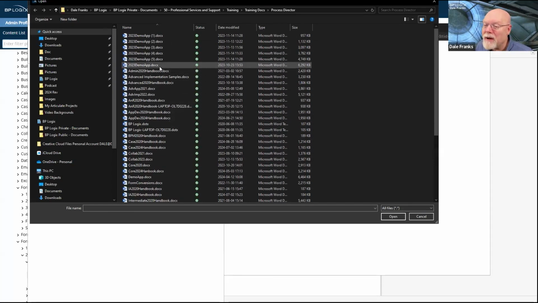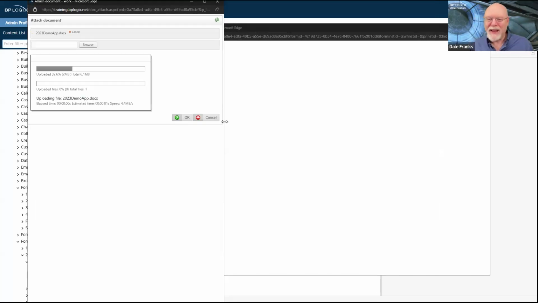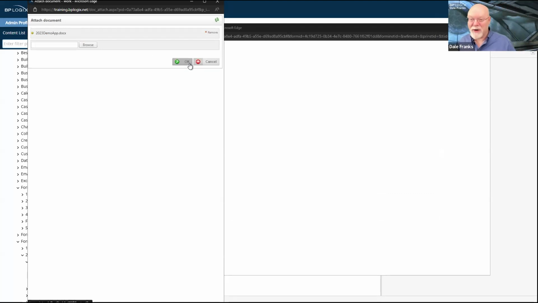So I'm going to, oh, wait a second. 6.292 megabytes. Loving this. We are going to upload the 6.292 megabyte document as a document attachment. If it's that big, it means it's got a lot of pictures, and those pictures all have to be converted too. We're going to convert this document to PDF.